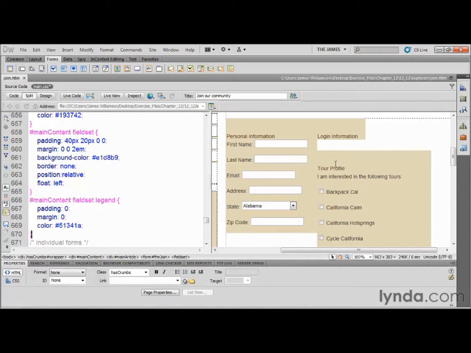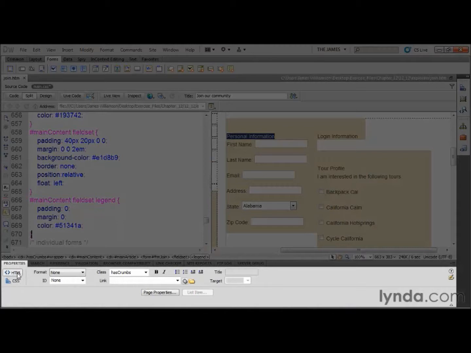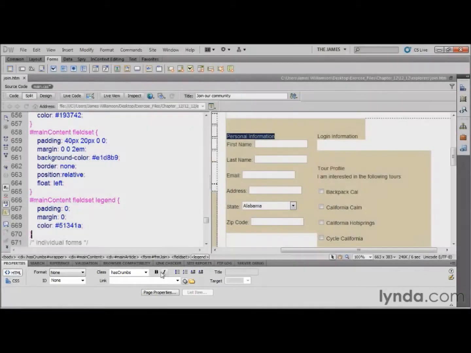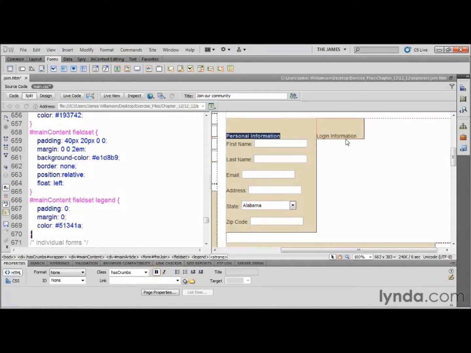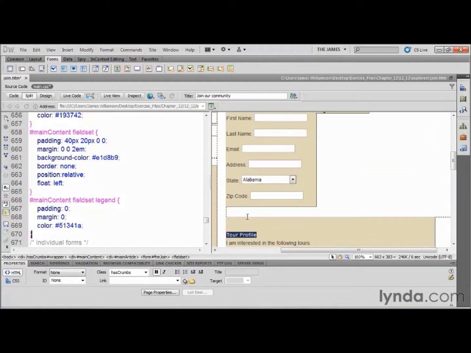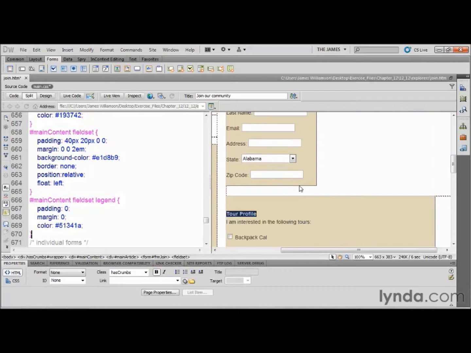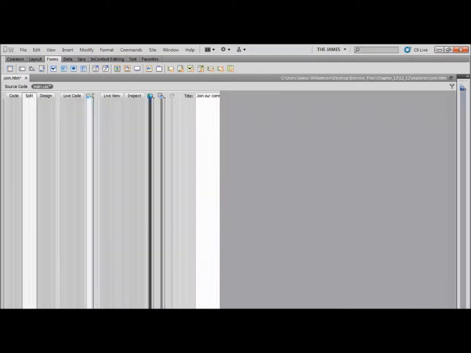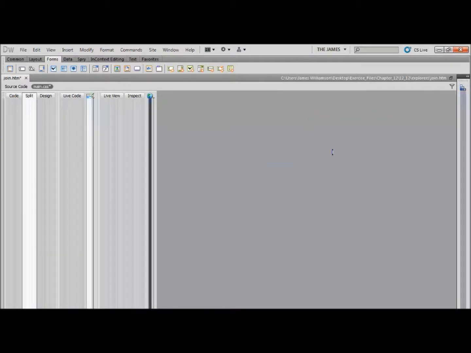What I'd like you to do is go over to Design View and highlight each of the legends. Personal information is first. Make sure you're looking at your Properties Inspector and you're on the HTML tab and click the bold icon. That is going to basically throw a strong tag around each one of these legends. I'm going to do the same thing for login information, and I may have to scroll down, but I'm going to do the same thing for tour profile. So each one of these should now look bold, and that's good because we kind of want it like that. But more importantly, it means they have a strong tag around it,